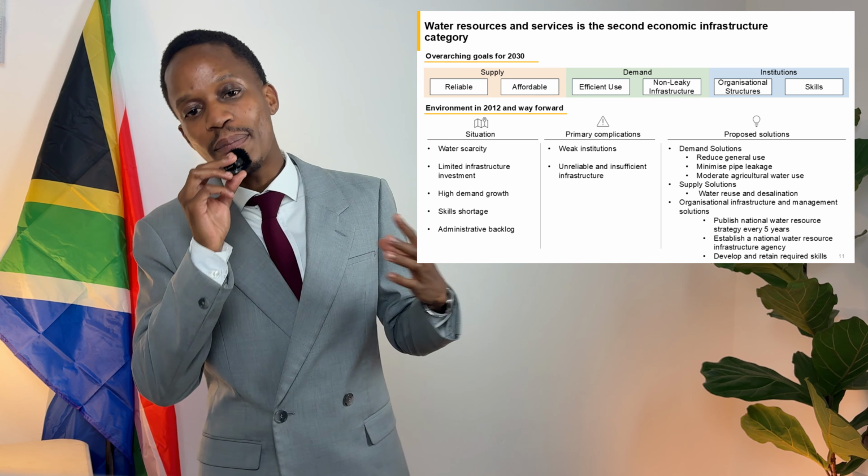delivering on their mandates. The transport infrastructure in South Africa includes everything to do with roads, rails, air, seaports, and pipelines. In 2012, the transport infrastructure was characterized as being poorly maintained and operated, with our ports performing poorly relative to global benchmarks, and the primary bottleneck for mineral exports out of the country being an inadequate rail network.